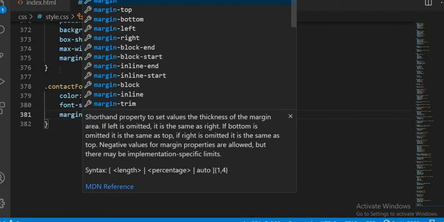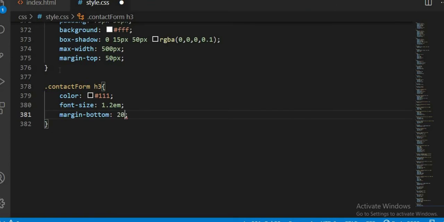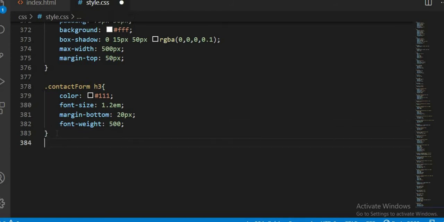Margin bottom of, let's say, 20 pixels, and font weight of 500. Save this. Next we want to grab the input box, so let's go here and say